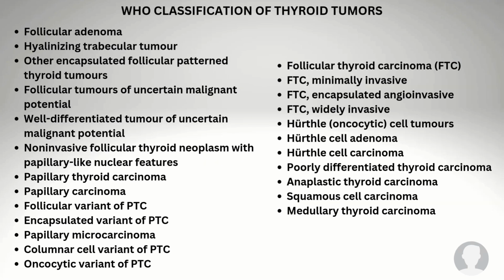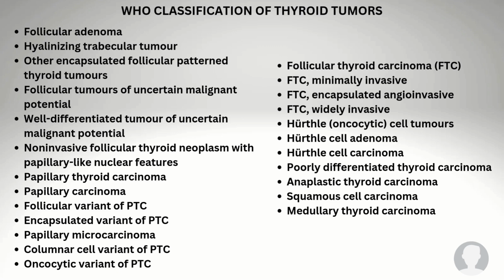Here I have enlisted the WHO classification of thyroid tumors. The main thyroid tumors of importance are follicular adenoma, hyalinizing trabecular tumor, other encapsulated follicular pattern thyroid tumor, follicular tumors of uncertain malignant potential, well differentiated tumor of uncertain malignant potential, non-invasive follicular thyroid neoplasm with papillary-like nuclear features, papillary thyroid